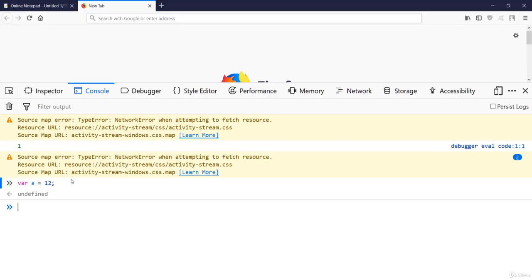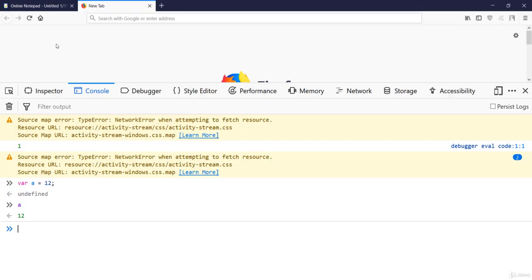So if I hit enter and print the value of a, it will show 12. That means a is now stored in the memory location with the value of 12. So you have created your own variable with the var keyword, giving the name a and assigning the value of 12 to it.